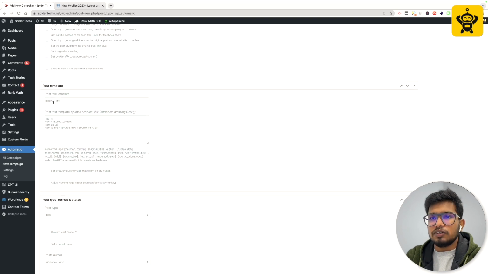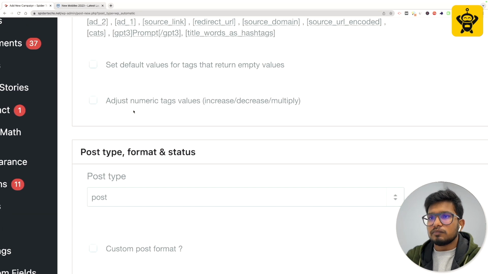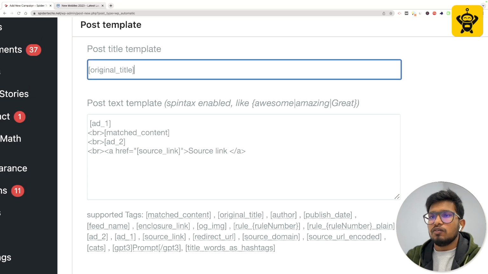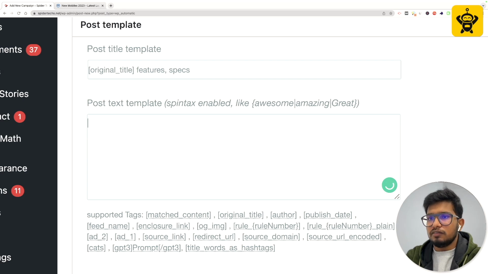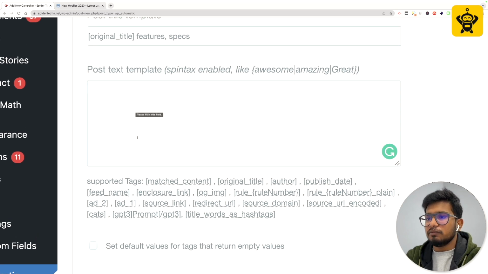Now comes to the original post template part here. Now original title will be the title. We can edit it too, like we can add features, specs, etc. Anything we can add here. And in content template we don't need all of these things. So first we need to create the introduction paragraph. For that